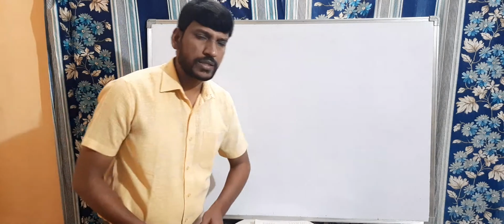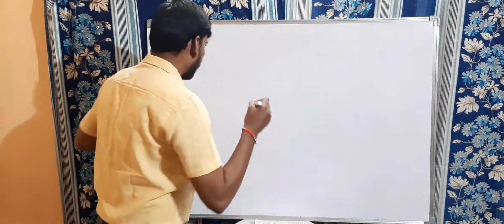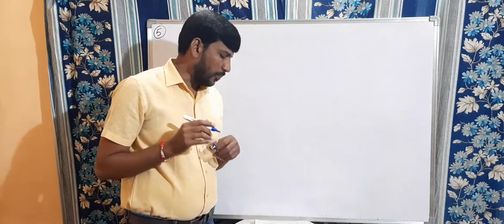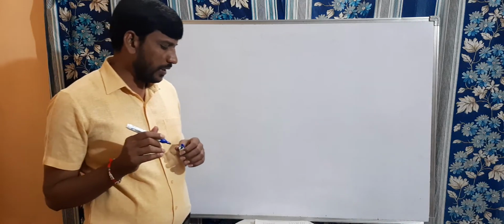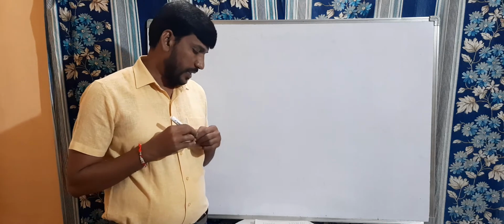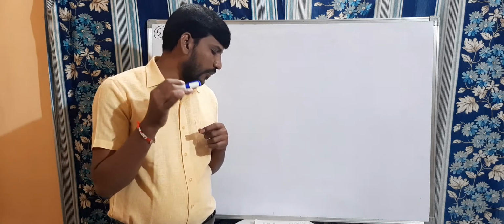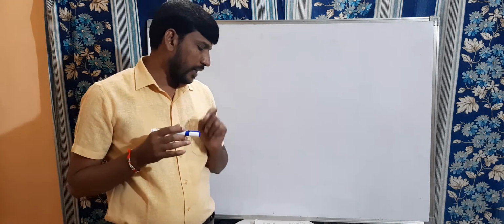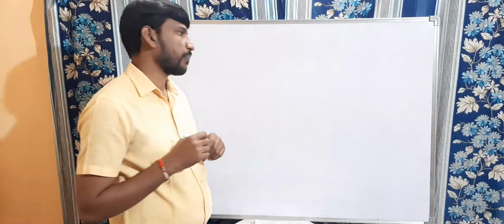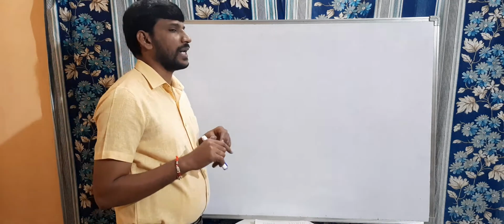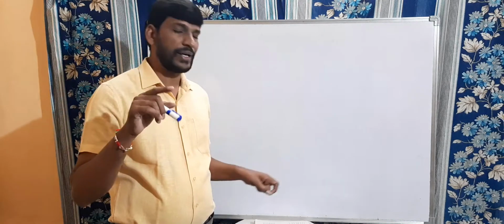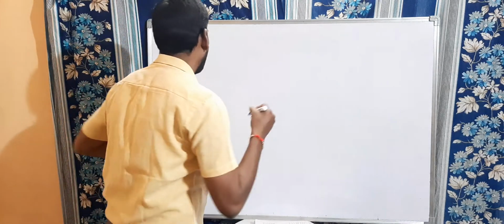Right, children, let us discuss question number 5. A cylindrical pillar is 50 centimeter in diameter and 3.5 meter height. Find the cost of painting the curved surface area of the pillar at the rate of rupees 12.50 per meter square. Here they gave the diameter as well as the height, the diameter in terms of centimeters and the height in terms of meters. Okay, so given that